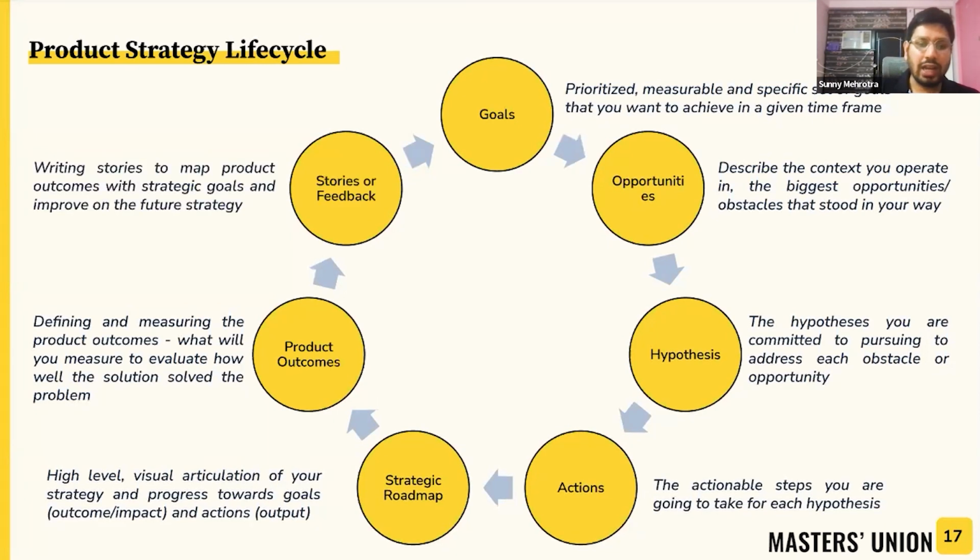And then eventually that product outcome has to become a very granular story or feedback. This story should be as granular as possible. Let's take an example: I, on Zomato, should be able to leave feedback for a restaurant. Now, this is a very straightforward, simple story. We should be able to connect back and ask what this means, what this would lead to as a product outcome, what it will imply for my product and my strategic roadmap, and whether it resonates with my hypothesis or not. So this is the entire cycle.